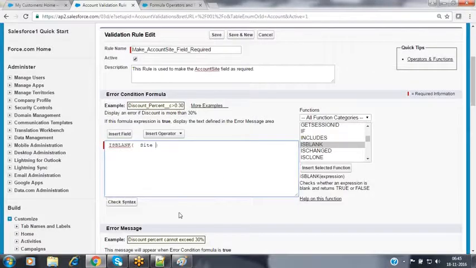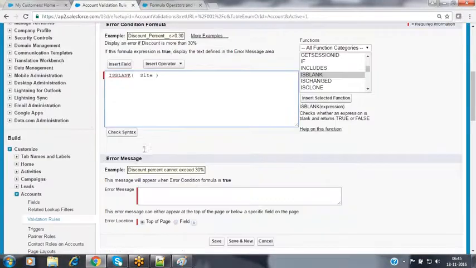Automatically your validation condition is ready. Instead of typing that information, just by using the mouse pointer itself, we can prepare the validation condition. So now the validation condition is available here. Once you are done with the validation condition, if you want to verify whether the syntax is correct or not, click on the check syntax button.